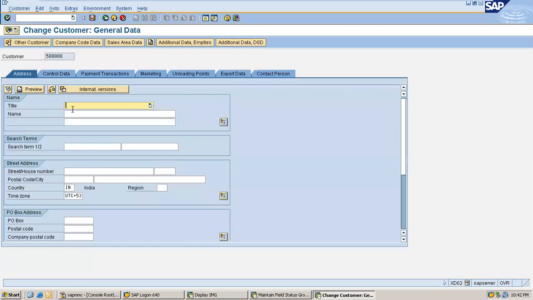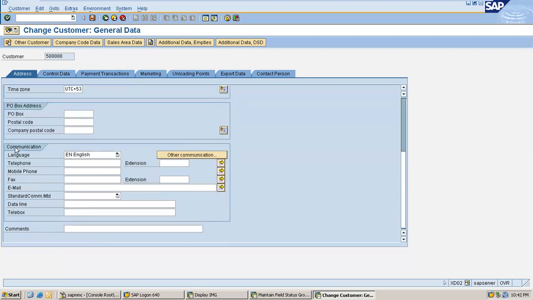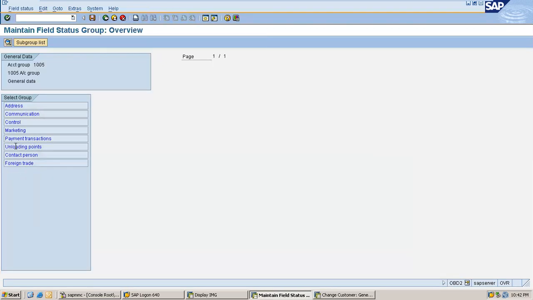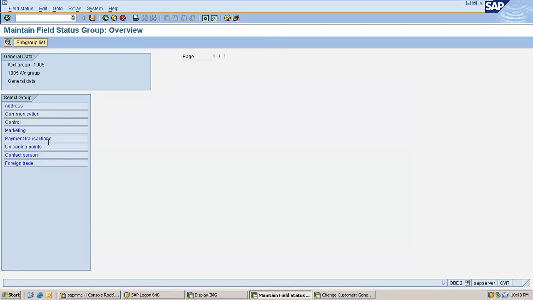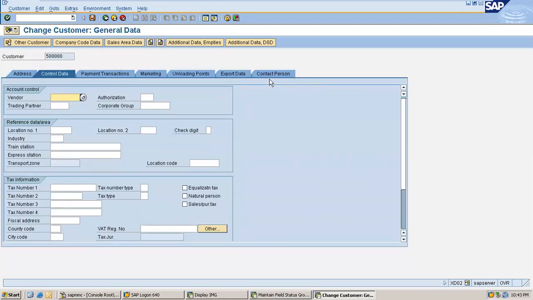Address communication. Okay, this will have 2 tabs: address, and this is the communication tab. That's okay. So the communication tab is a separate one here. Then the control tab, this is the control data tab. Marketing, payment transactions, unloading points, contact person, and foreign trade. So these are the remaining sections.